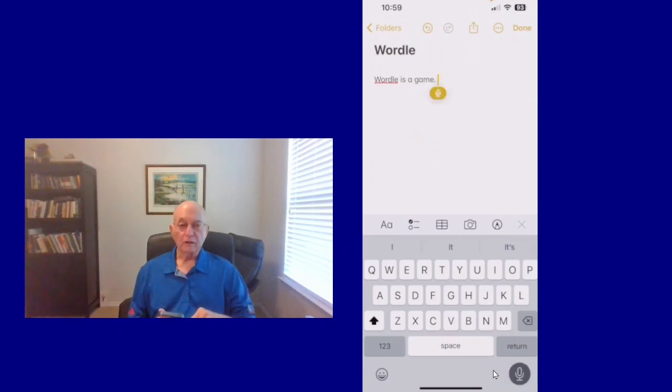Wordle is on an app on my iPhone, period. It is actually on more than one app, period. The primary one I use is the New York Times app, comma. However, it is also used